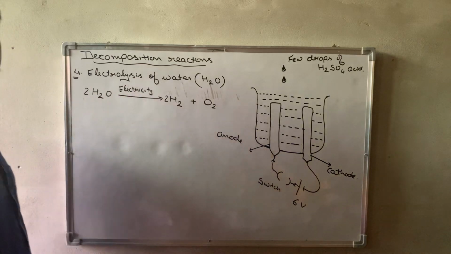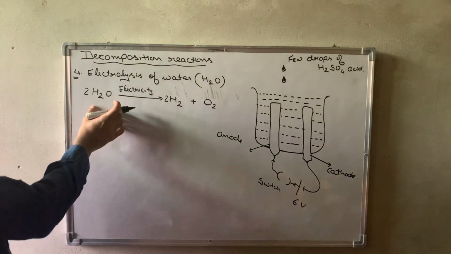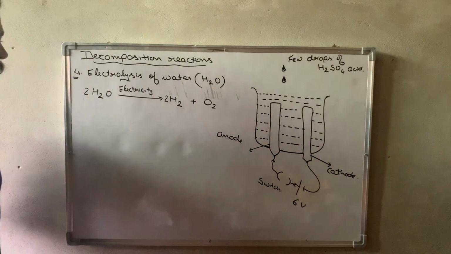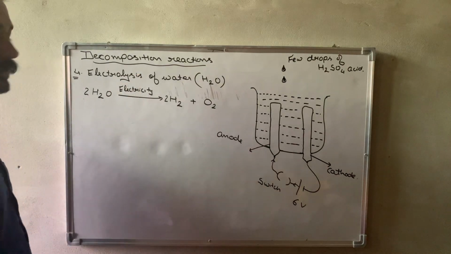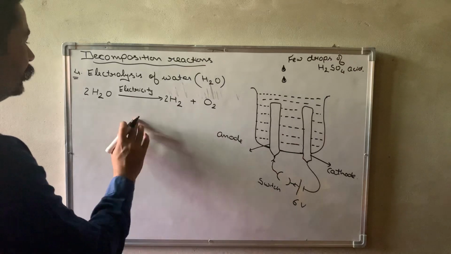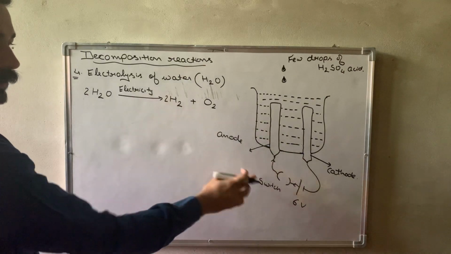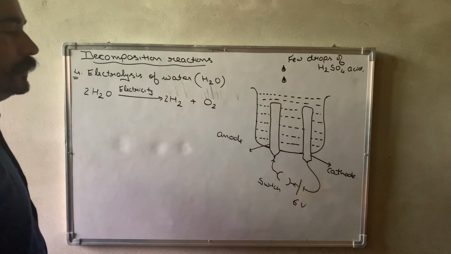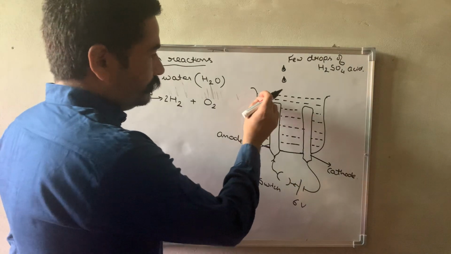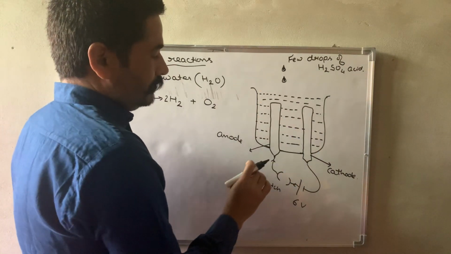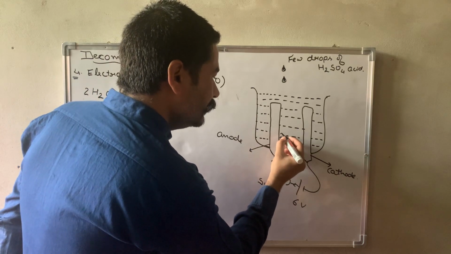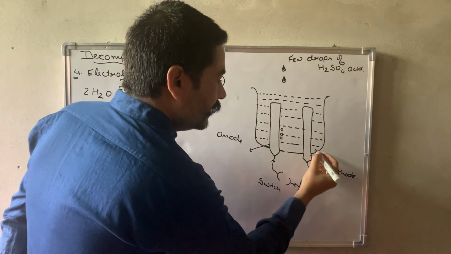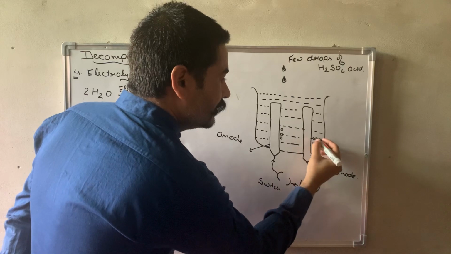This electrolysis will take place. Breakdown of the water molecule will take place in the presence of electricity, and reaction conditions we write above the arrow. This is one of the rules. Okay. Now one gas will form at the anode, another will form at the cathode. If I turn the switch using this apparatus, you will see that bubbles are forming at the anode and bubbles are also forming at the cathode.